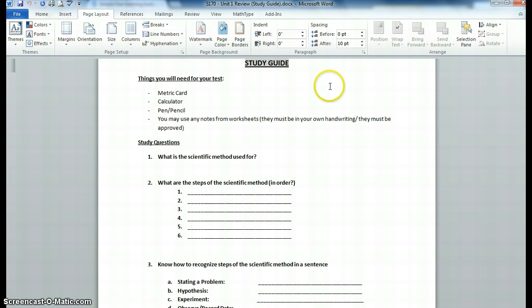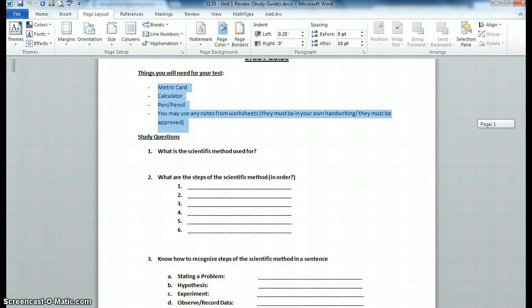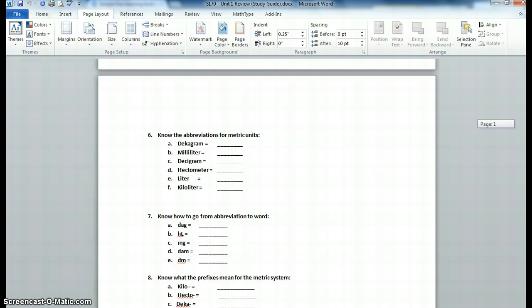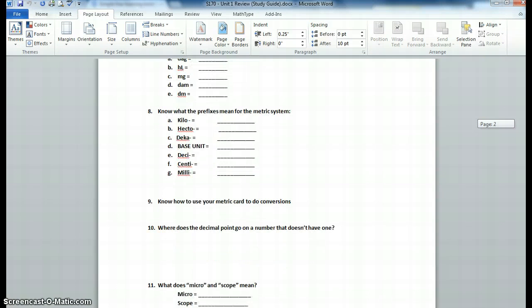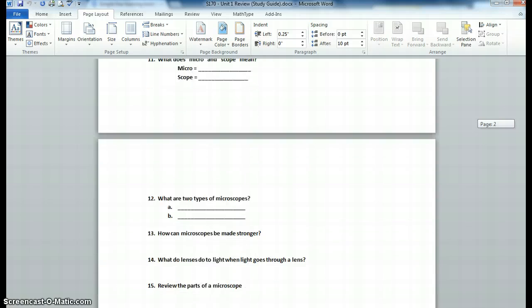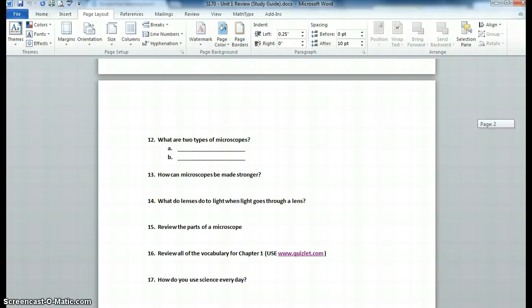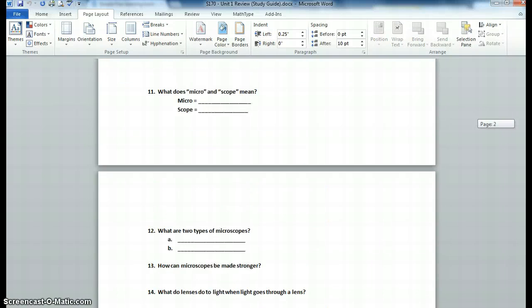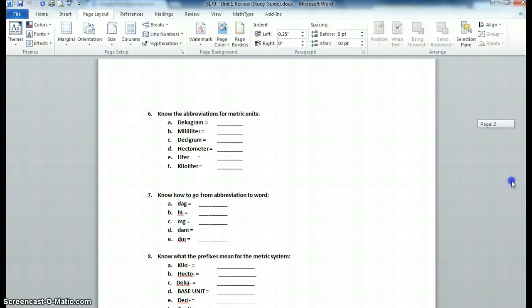So they were able to use the same materials that they would have used on their test, their Unit 1 test, and all of these questions, if they had put effort into doing the study guide, would help them for the game the following day, which would then better prepare them for the test. Okay, so as you can see, it's a pretty basic, straightforward